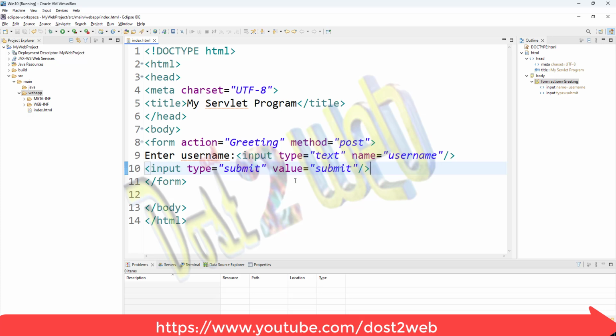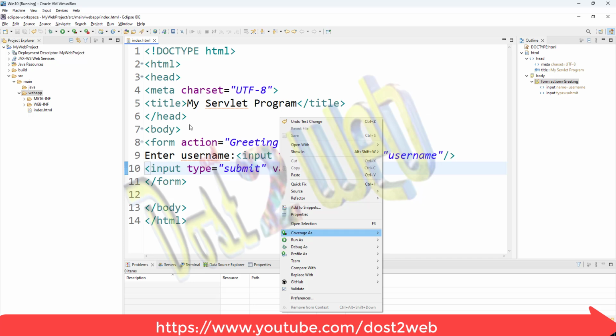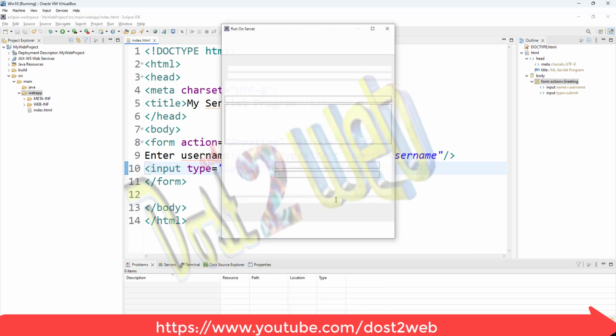Now you want to see the output. Let's see that. Yes, you can run this and you can see that output. Let's save it. And you have to right click. Even you can use right click, or you can use the run on the top. So here run as, and you have to click on run on server,